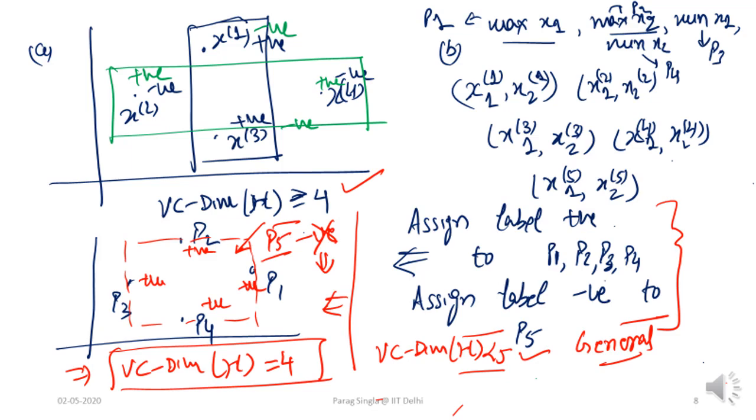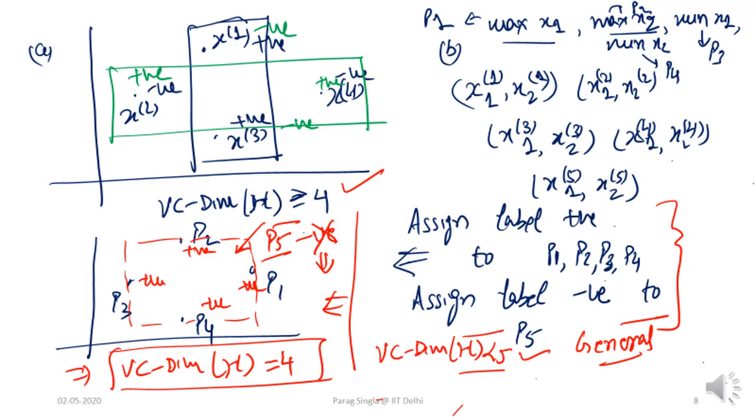Let us look at this particular example shown here. Let us say your points are x1 1, x2 1, so this is the first point; x1 2, x2 2, this is the second point, and so on, up to x1 5 and x2 5, the fifth point. What we will do here is select a set of 4 points from these 5 points which are, in some sense, at the extremes of the rectangle that we will try to cover. We will try to show that if we construct a rectangle, it will not be possible to achieve a specially designed labeling over these 5 points.